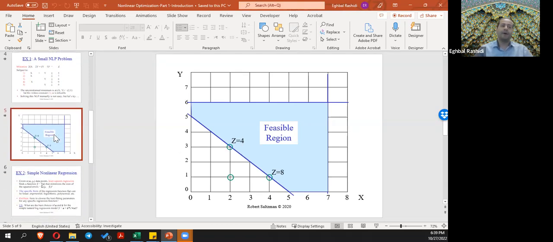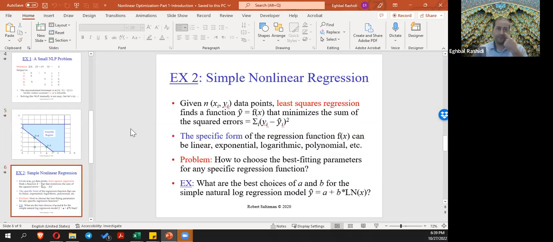All right, so what should we do? We're not going to go into detail and introduce a nonlinear programming algorithm here. We're just going to use Excel Solver. So let's do that. Before we go to the Excel file,